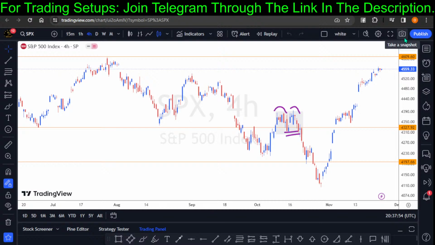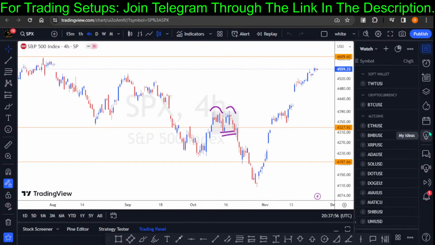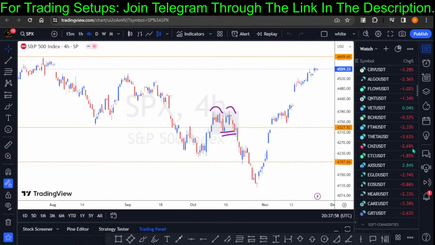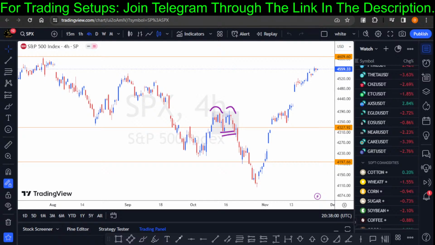So first, let's go through the New Zealand dollar against the Canadian dollar currency pair. What do we have on the New Zealand pair against the Canadian dollar? This is what we need to talk about. As you all know, guys, the first thing we need to do whenever you want to decide which way the market is going to break